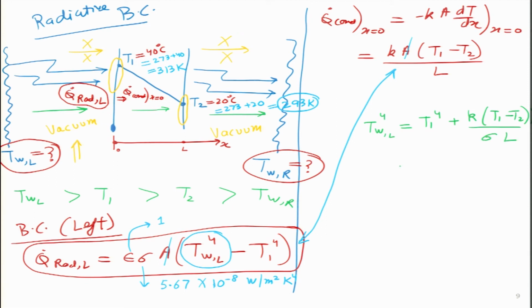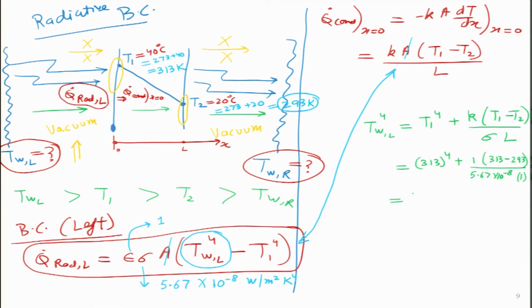And these values I can plug in over here. The only thing I will remember is I have to use only Kelvin over here. So, I will not say this is 42 power 4, I will say it is 313 to the power 4, K value I am taking 1. This difference I will again calculate in Kelvin. So, this is 313 minus 293, sigma value is very small, 5.67 into 10 power minus 8 multiplied by length value is 1. Because this is a very tedious calculation, I need a calculator in order to solve that.